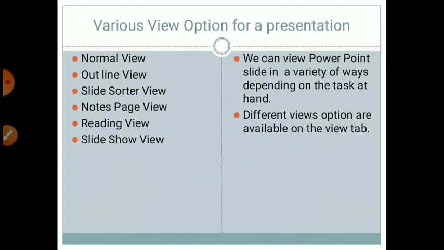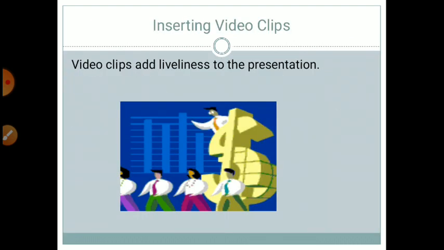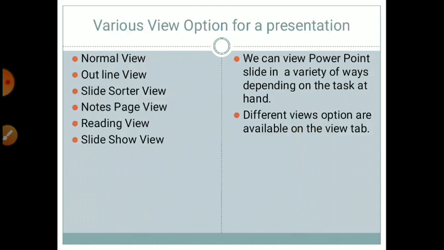Then Slideshow view. Just like I am showing you one slide after another slide, it is called Slideshow view. We can use Slideshow view to deliver our presentations to our audience. Slideshow view occupies the full computer screen, exactly the way our presentation will look on the big screen when our audience sees it.